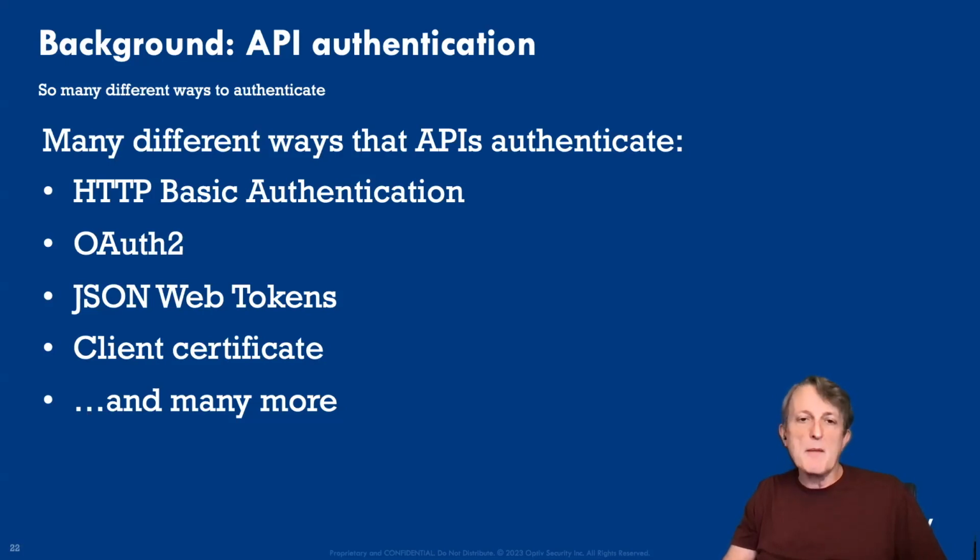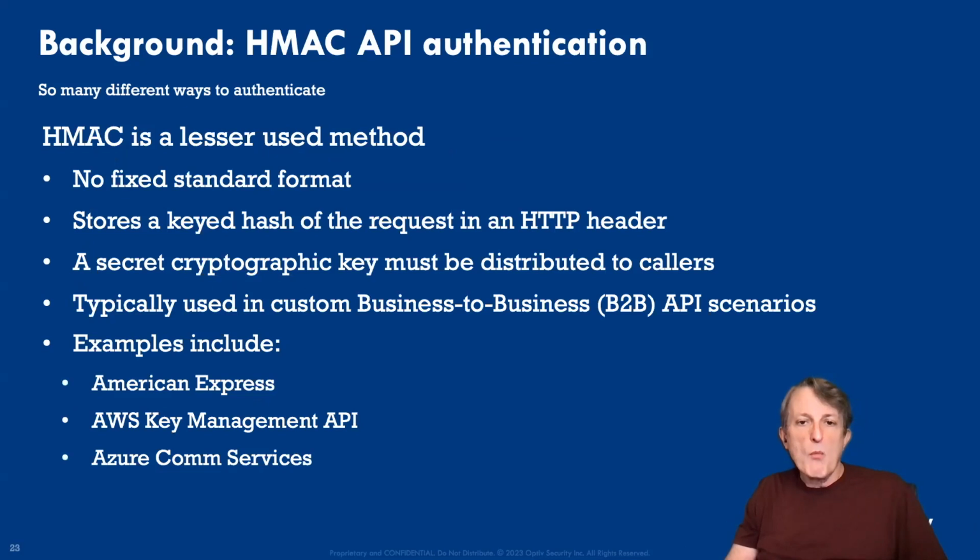Now, if you've ever done an API test, they're all over the place. There are many, many different ways to handle authentication in APIs. So it always makes it kind of exciting, trying to figure out how to get your tool configured to authenticate itself to the API. And tools like Burp are handy for this sort of thing because you can plug in code. One of these cases was I ran into an API, a small API test, and they were using HMAC